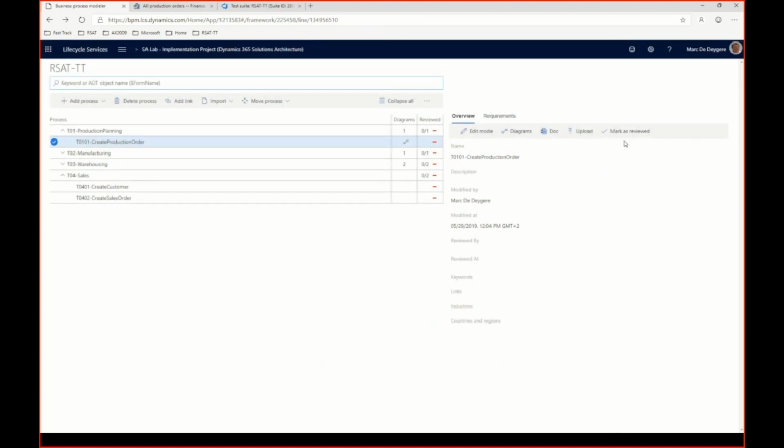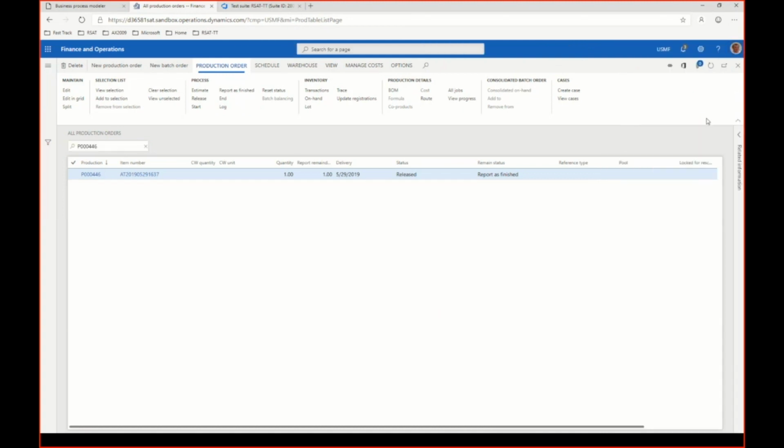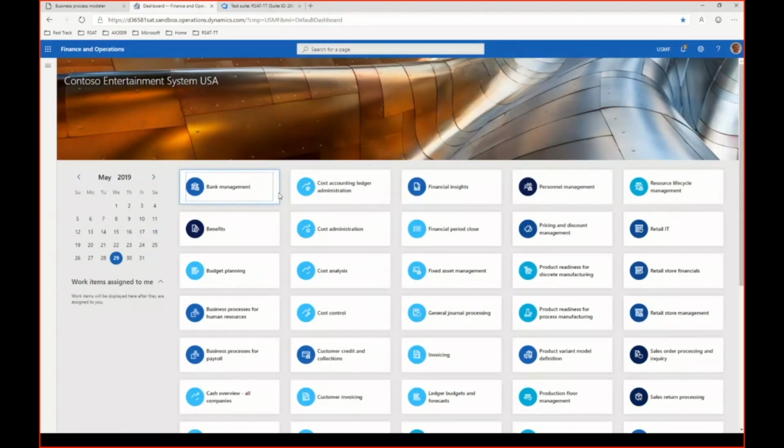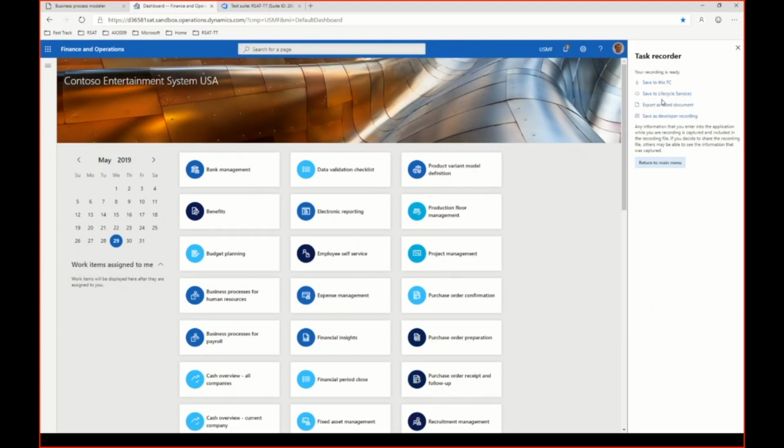Okay, so the next step that I need to do is my second recording. Of course, I need to make sure, and the important one is that my second recording is always starting from a fixed point. So I must make sure that I'm always going to my begin screen, because in the replay, I cannot assume that my system is in a specific state. So I need always to start from a well-known system state, and that's the one that you have just after login. So I'm going to start my second recording,